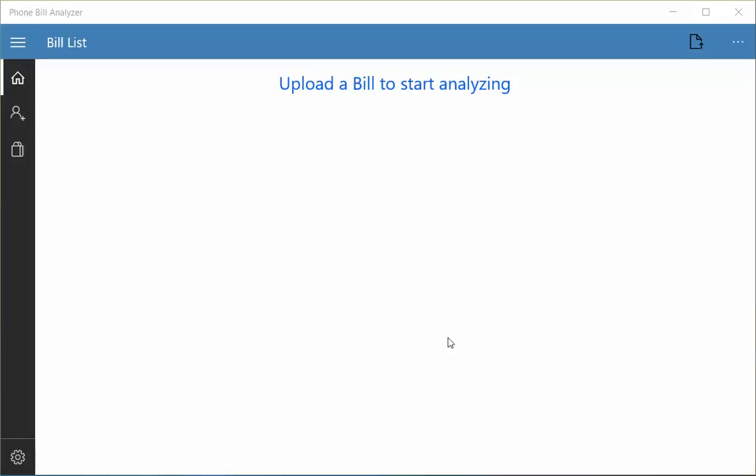I have developed an app called Phone Bill Analyzer. This application helps you to analyze your phone bills, your mobile bills. Now, all the service providers provide you with a detailed statement of your mobile bill. But the problem is that this statement has only the phone numbers. It does not know the contact names. So when you look at your phone bill, you see a list of numbers, the call date, the call time, the duration, but you don't know who the person is.